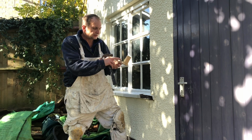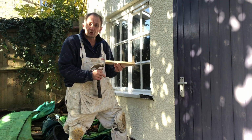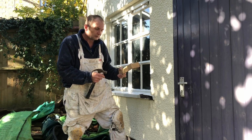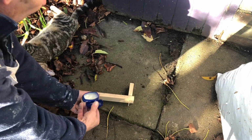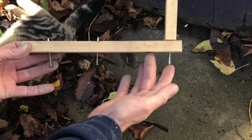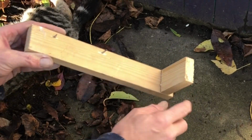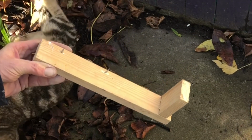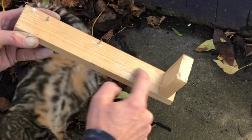One thing I'm going to mention is, I'm going to put a bit of Vaseline on there so the 2-pack filler does not stick to that when I take it off. So yeah, let's get cracking. I'll show you what I've got to do with that. Right then, before I go any further, that's going to go underneath, nailed. That's to get some sort of shape at the end. But needless to say, when the 2-pack filler sticks to that, I'm going to have a problem taking it off unless I lubricate that. So just get a bit of Vaseline,